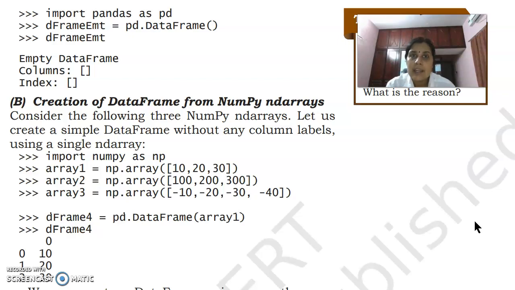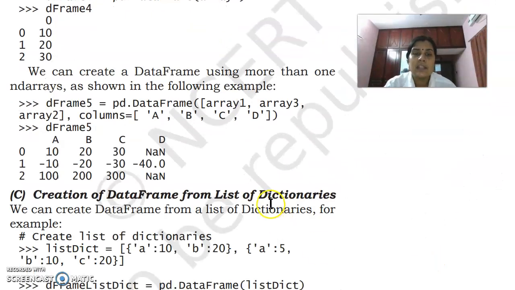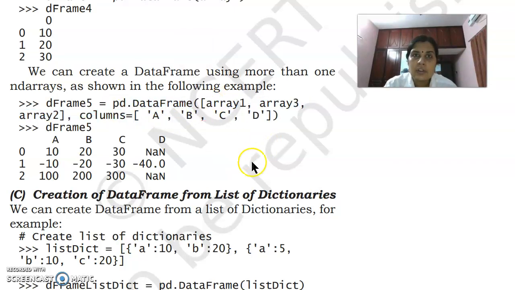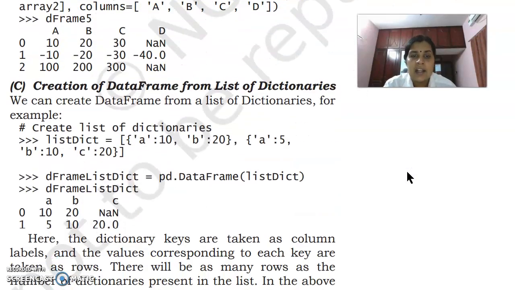And we can give many arrays too by using square brackets inside this constructor. We can give column index also, like in series, ABCD. We can give row index also, rows equal to ABC like that. Then this row index will change. We can give index according to our wish.